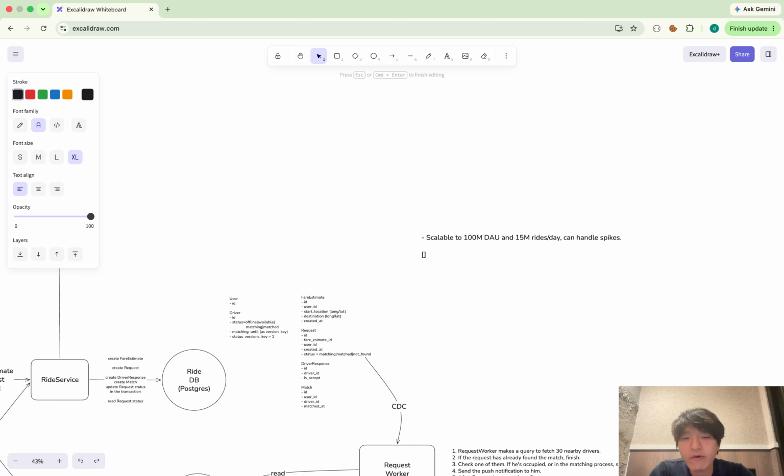I will talk about the scalability from three perspectives. Number one, throughput. Number two, spike of the throughput. And number three, the storage size. So for the throughput,